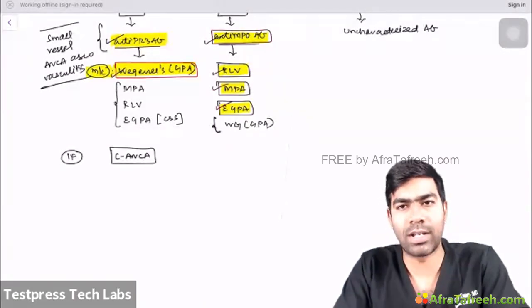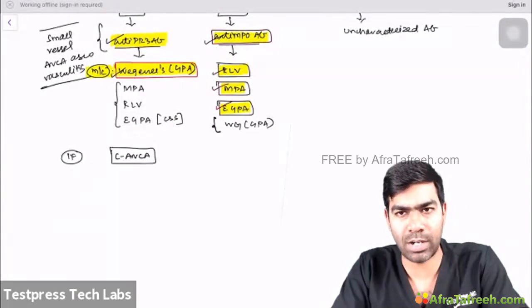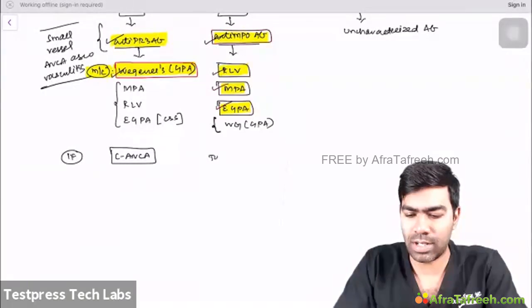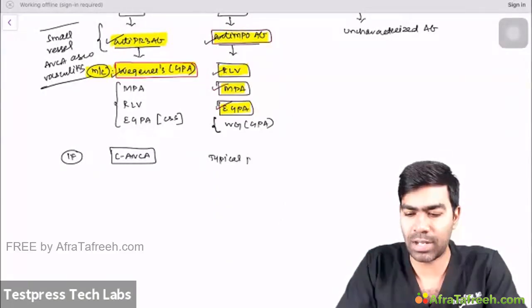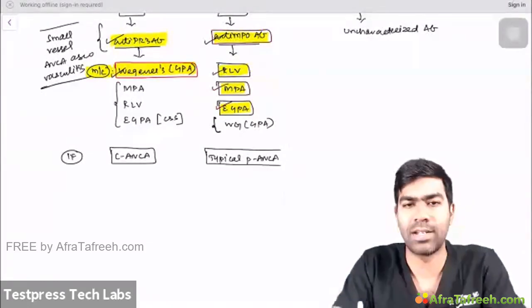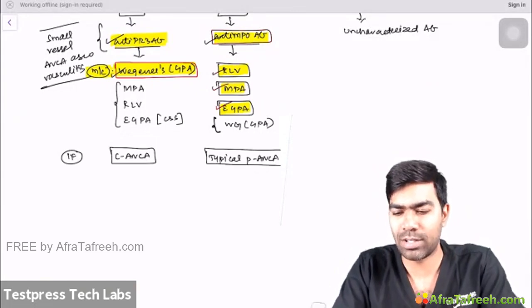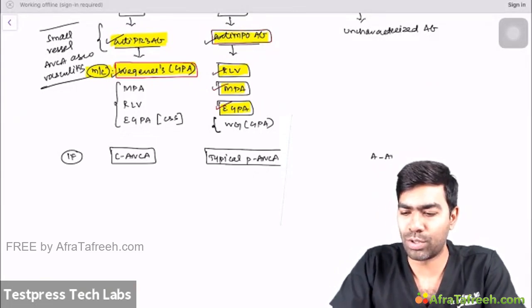That's why it's called a cytoplasmic anti-neutrophil cytoplasmic antibody kind of a pattern. Whereas if you take an anti-MPO antibody, they can produce this kind of a typical P-ANCA type of pattern. I'll show you what I mean by typical P-ANCA type of pattern. But the problem is there are a lot of uncharacterized antibodies which can also produce a lot of ANCA type